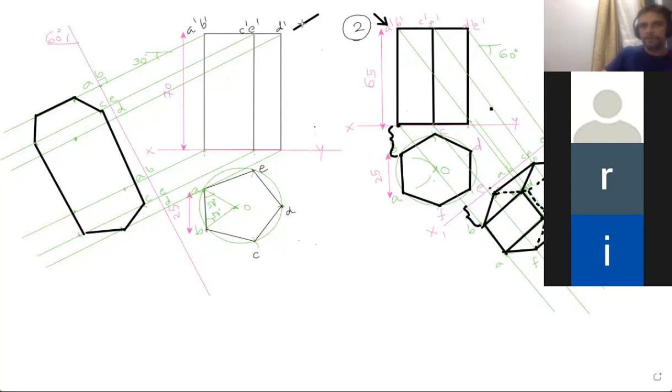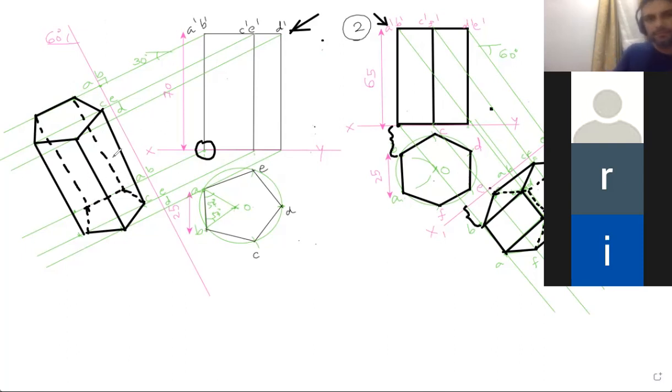Now when I see from here, this point is nearer to me, D. So this will be down. And the remaining part, the inside one, these two lines will be dotted. So the line passing through A and B will be dotted. This is how it will appear. It will give you a nice 3D effect. It will look good, okay? So try this. If you have any query, let me know. I'm here only. I'll just stop the recording for a minute.